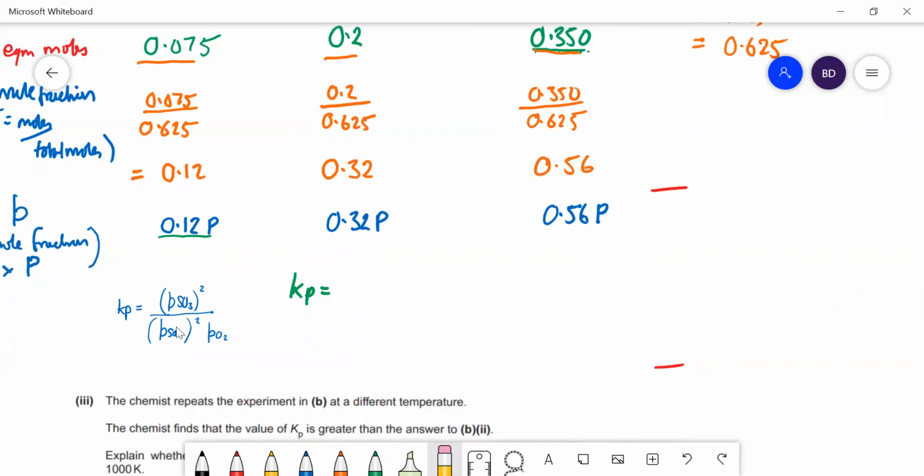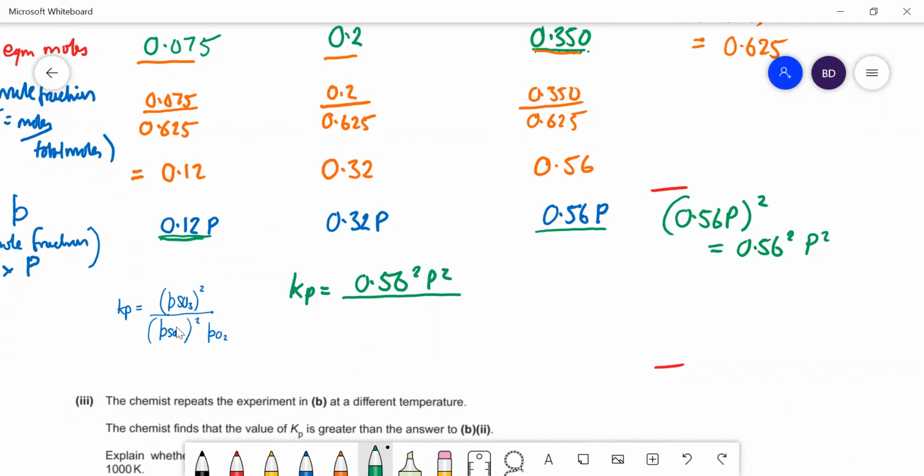It's going to be this, okay. So just to make it clear, 0.5, that's what we're going to have to do, and that's equal to 0.56 squared P squared, don't forget to do that. So that's going to be 0.56 squared P squared divided by this one squared, so that's 0.12 squared, capital P squared, multiplied by the partial pressure of oxygen, which is 0.32